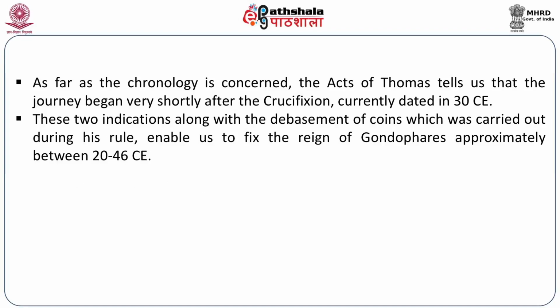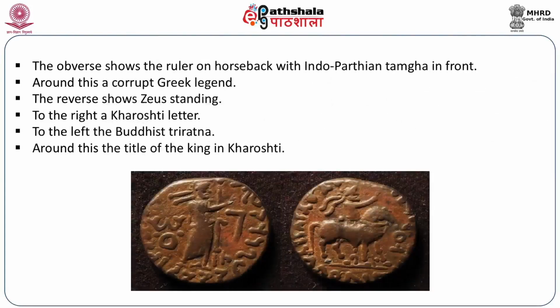So if we look at the chronology of Gondophares, then we find that we have to place him in around 20 to 46 CE, because the Taktibahi inscription is dated in the year of Agis and the date known to us is 103, therefore Gondophares is placed during a period between 20 to 46 CE. Now in this coin type we can see again that Gondophares is riding on a horse. We have the Gondopharian symbol, and then we have Zeus represented on the reverse.